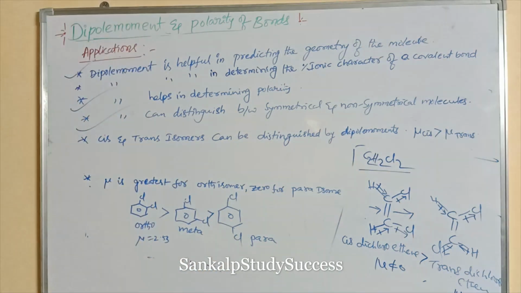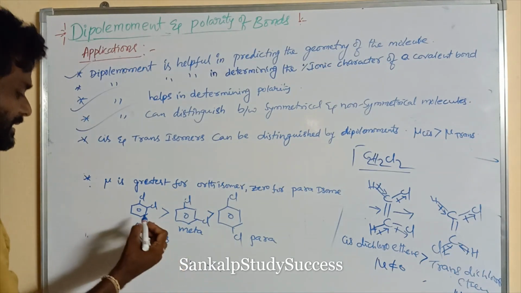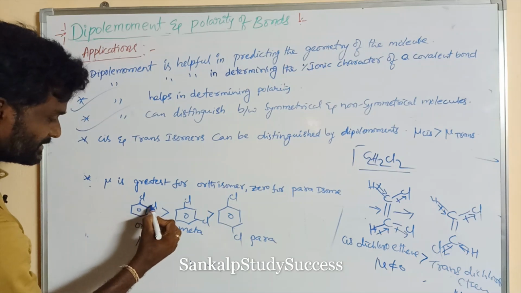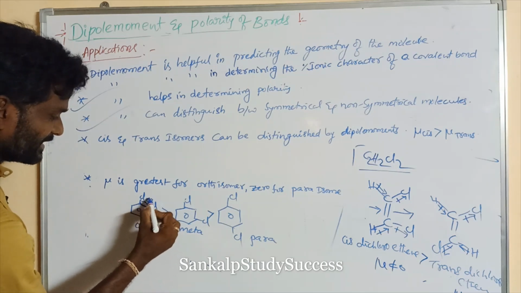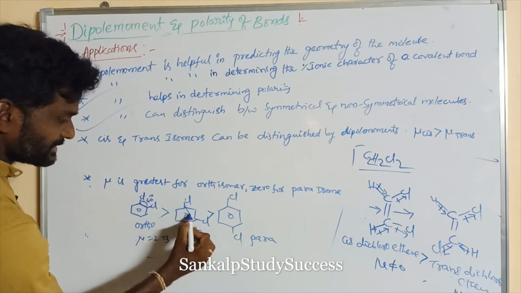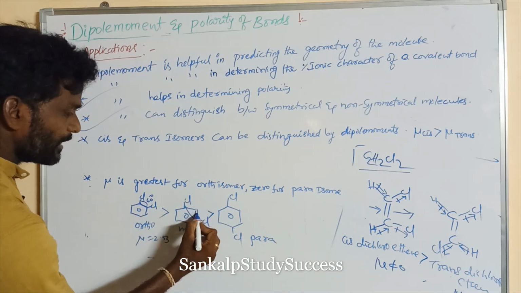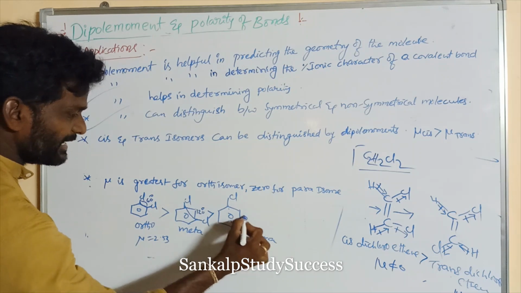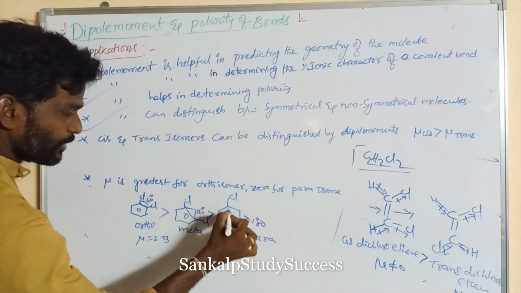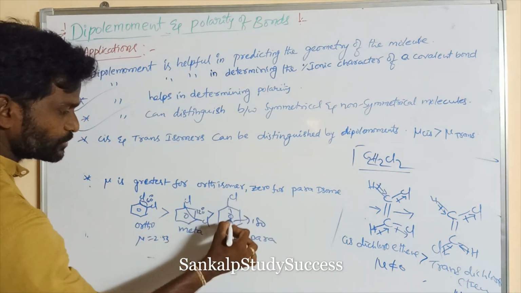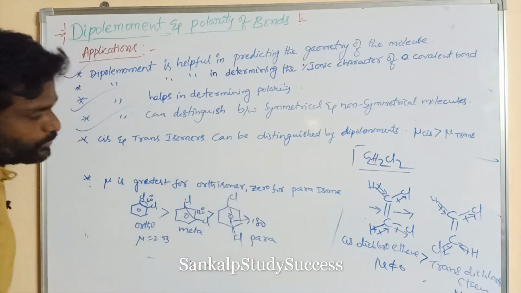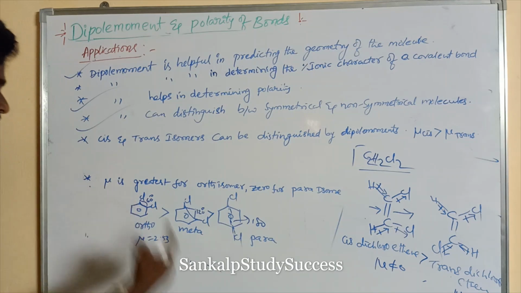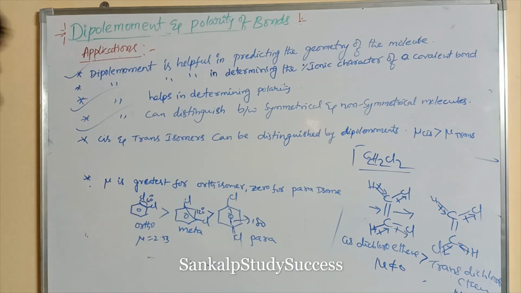Now here the angle is 60 degrees. Here the angle is 120 degrees. Here the angle is 180 degrees, so these two chlorine atoms are present in one line, that is 180 degrees. So this is 60, 120, and this is 60. Now the net